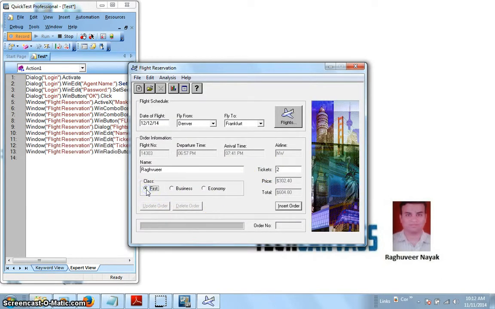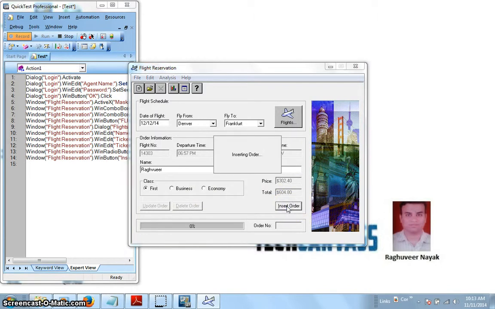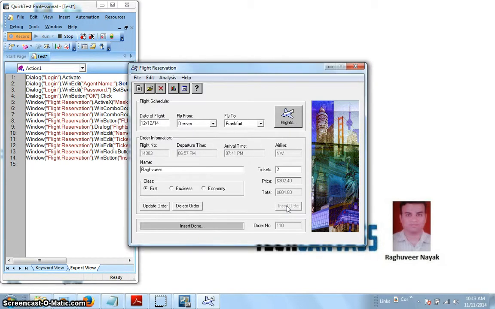First I'm doing the same activity I did in manual testing, only I'm capturing my actions over here, and I'm pressing the insert order button. You can see the scripting being generated in the background. Right now I finish my task, order number 110 is generated. I'm refreshing the screen.